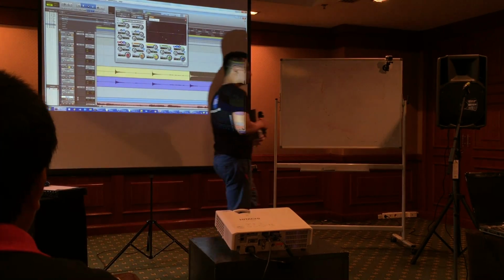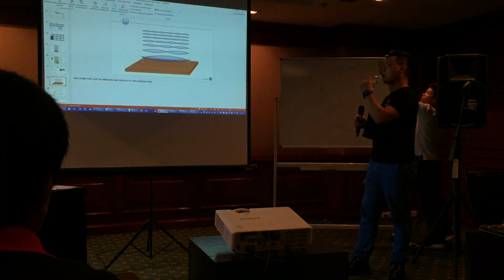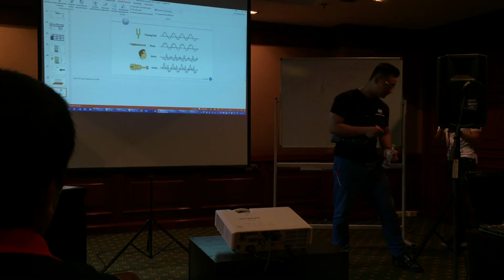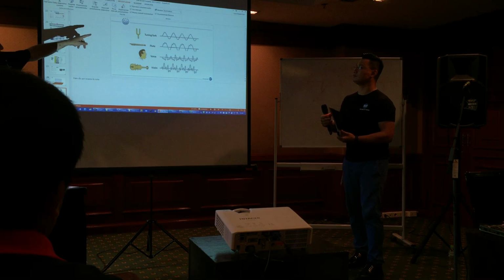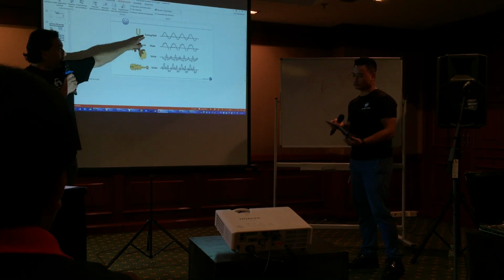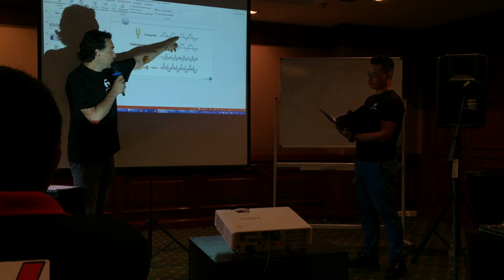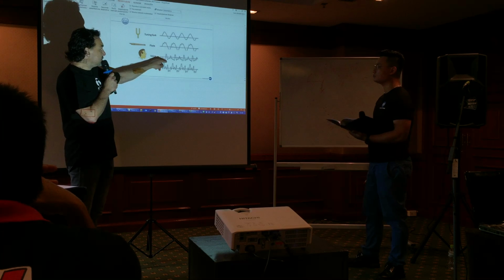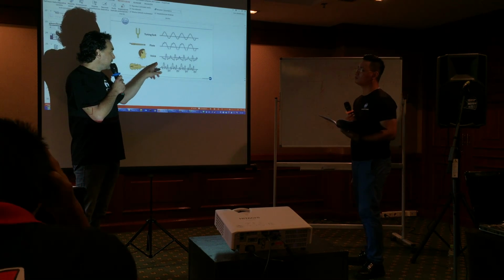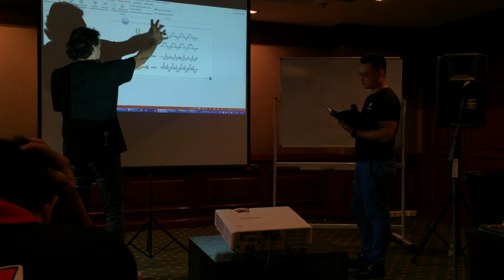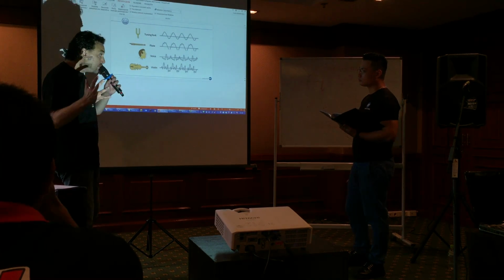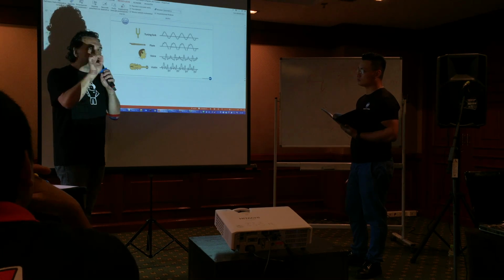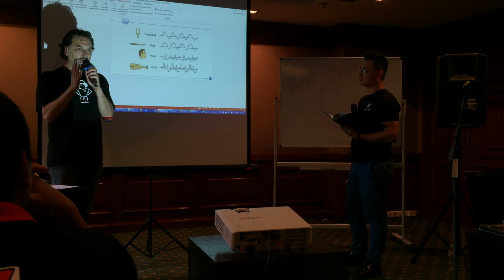Okay, but I want to show you something. So this is the harmonic content of the sound. These are the harmonic content. As you can see, a tuning fork is a pure sinusoidal sine wave. A flute has this sound wave. A voice this. A violin this. But all these sound waves are a sum of individual sinusoidal waves that we can find out with an equalizer, as we did